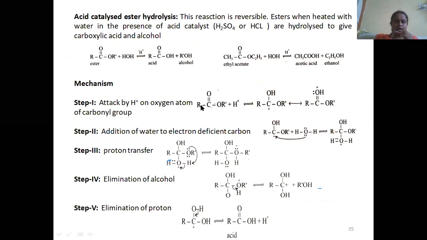So the first step is to take the ester and add acid here, that is H plus ion. You will have H plus ion from the acid. Acid can be H2SO4 or HCl. So H plus ion from one of these reagents is taken as a catalyst here. Since this is electron deficient, the oxygen has lone pairs of electrons. We know oxygen has how many lone pairs of electrons? 2 lone pairs.